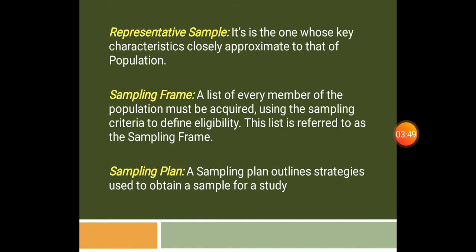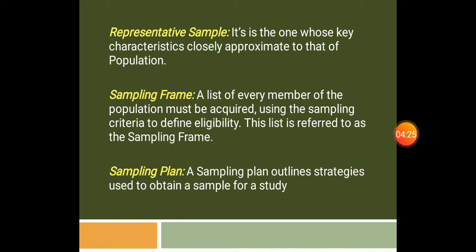And that is why we have certain terms which we need to keep in mind when we go for sampling technique. The first is what we call a representative sample. We mentioned in the previous session that the sample should be a representative part of the population. The representative part means what? The characteristics which we are studying about that particular population need to be present in the sample. Then only can we say that the sample can be considered a representative part of the population. Then only will the aim of our study be met when we take a representative part of the